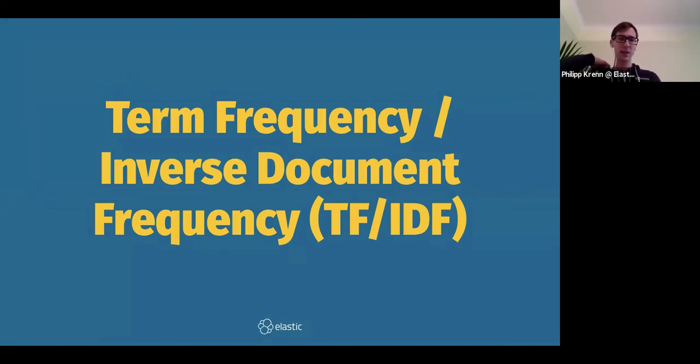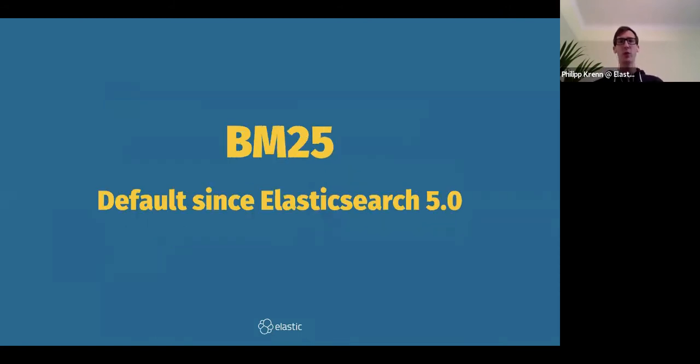The basic approach for scoring is called term frequency inverse document frequency, or TF-IDF. The actual implementation that we're using in Elasticsearch since 5.0 is called BM25, which stands for Best Match 25, the 25th iteration of the best match algorithm. Maybe we'll have a higher number at some point, but right now BM25, or I think BM25F, is the current implementation.